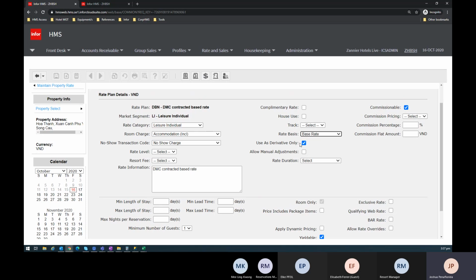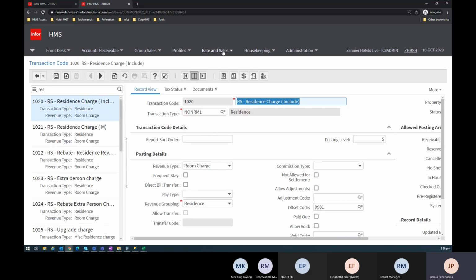It means if this is ticked, this rate plan would not be used, it's a model rate only, just for display purposes. It cannot be used for any reservation at all. Okay, so let me just untick that one. And going down to the next tab is allow manual adjustment. Allow manual adjustment is that you're allowing this rate plan to be adjusted in the screen, what we call,